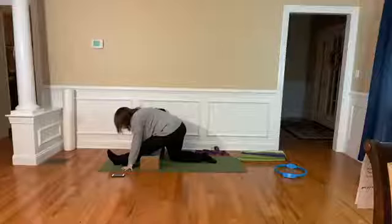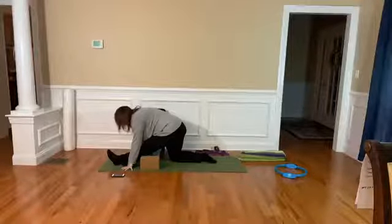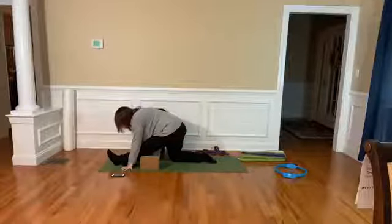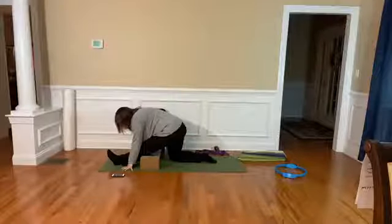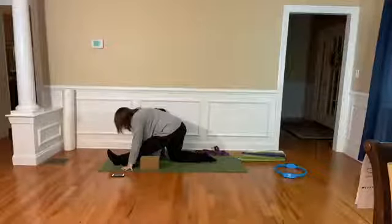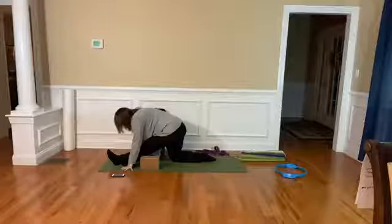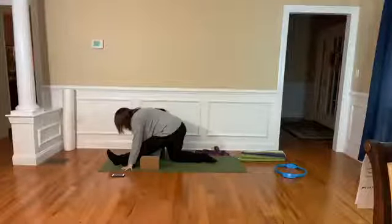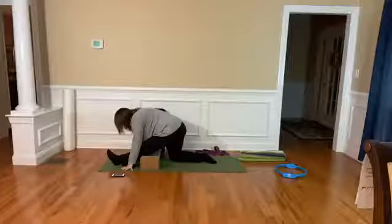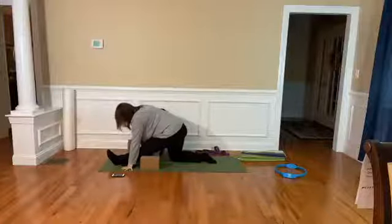So oftentimes, people will cite their hamstring as one of the tighter parts of their body. Here, lengthening the hamstring, and hopefully getting length in the spine. Another back body stretch, most definitely. And then coming up,